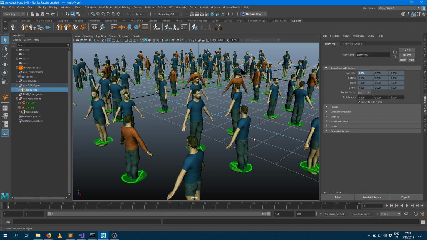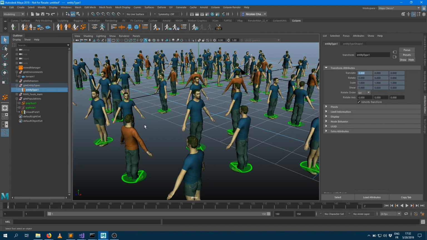The main reason for that is on GPU it's really hard to load plenty of textures, and it's quite hard to evaluate Arnold shading graph or Mental Ray or V-Ray or Redshift shading graphs. So what we do is we just look at what's the first texture we can find into the shading graph for each mesh, and we just apply that to every single character. But obviously at rendering time here, the t-shirt will be different.